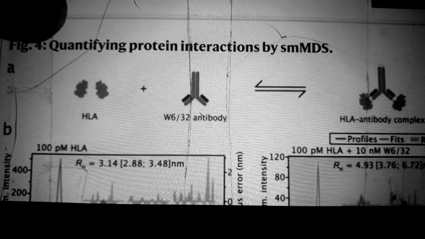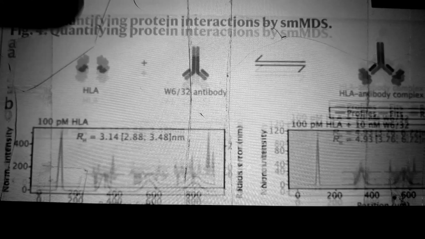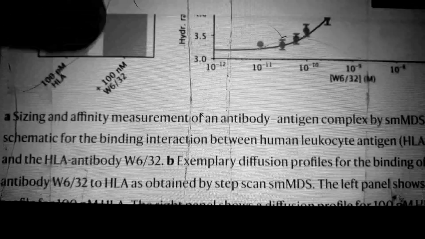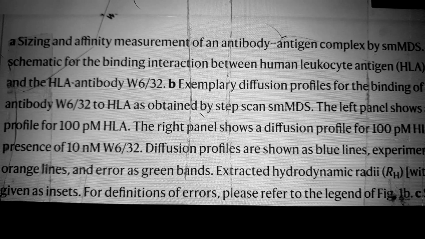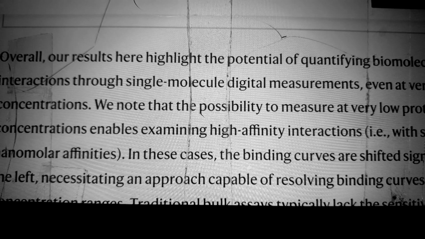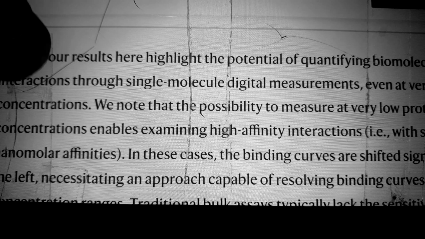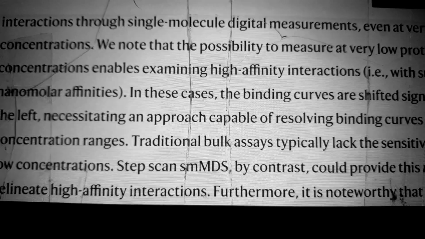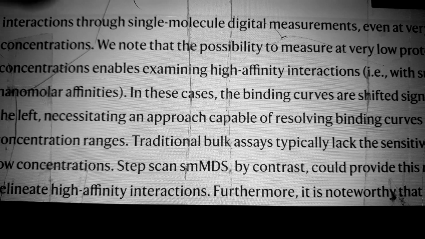Quantifying protein interaction by SMMDS. Sizing and affinity measurement of an antibody-antigen complex by SMMDS. The overall results here highlight the potential of quantifying biomolecular interactions through single molecule digital measurements, even at very low concentrations. It is noted that the possibility to measure at very low protein concentrations enables examining high affinity interactions